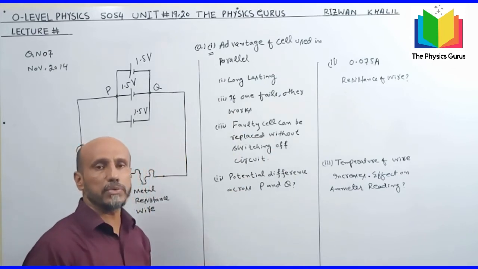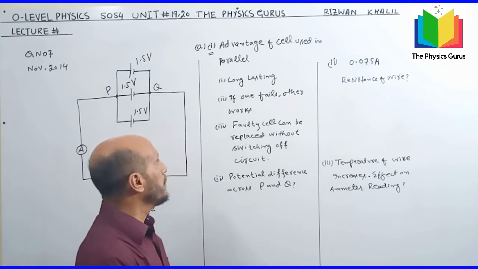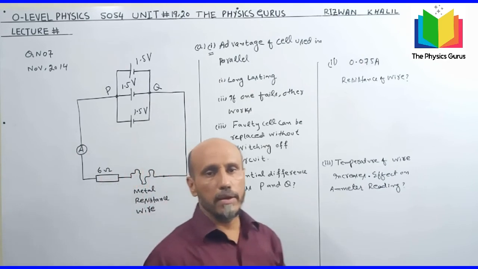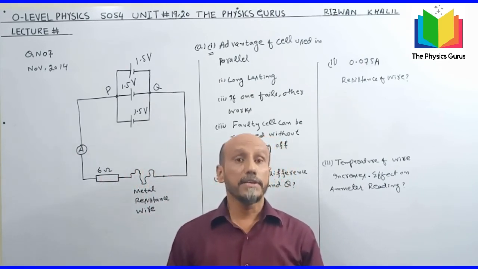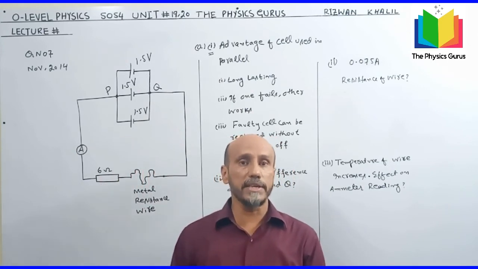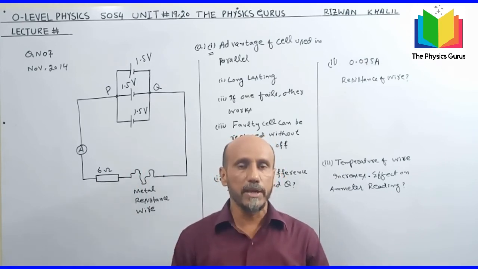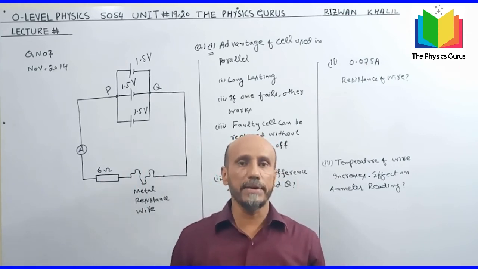Obviously, when cells are used in parallel, the battery will be long lasting. Number 2, if one cell fails, the others work. We don't have to worry about what will happen if one cell fails. Yes, we have to worry if cells are connected in series, because when a battery is fabricated by connecting cells in series combination, if one cell fails, then the whole battery collapses. The battery does not work in